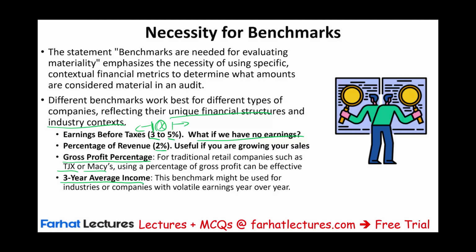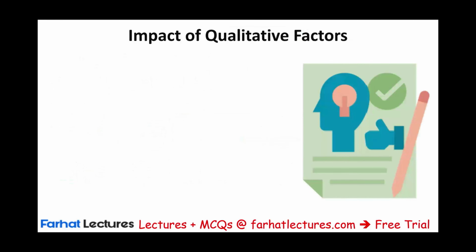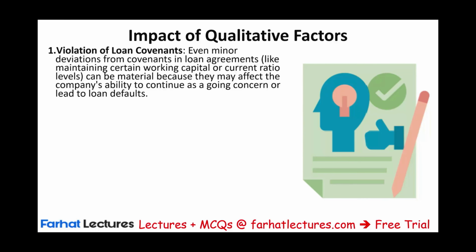Why? Because over 3 years, we have a good idea what's important to the company, and any percentage of an error above that average, we should consider important. So this is why we have benchmarks. Also, we would look at qualitative factors, factors that have nothing to do with numbers. Like what? Let's assume the error